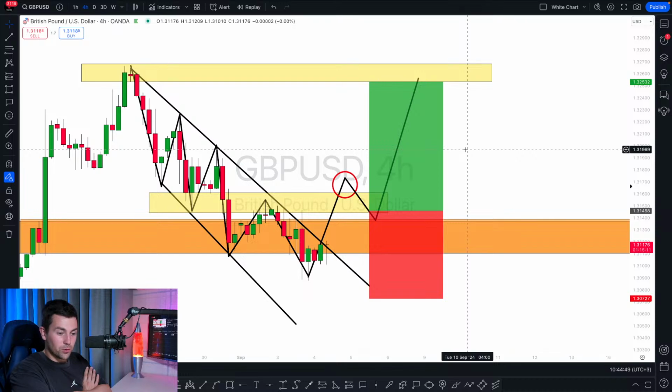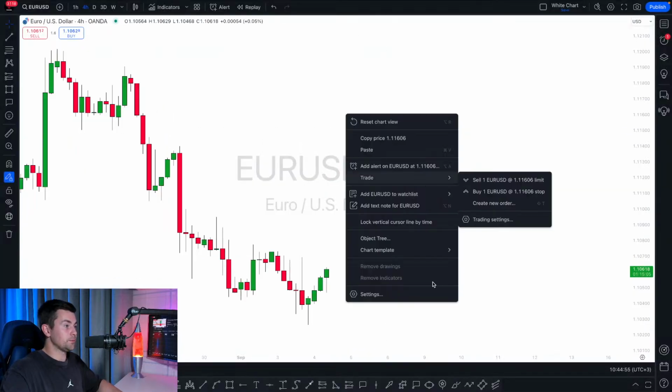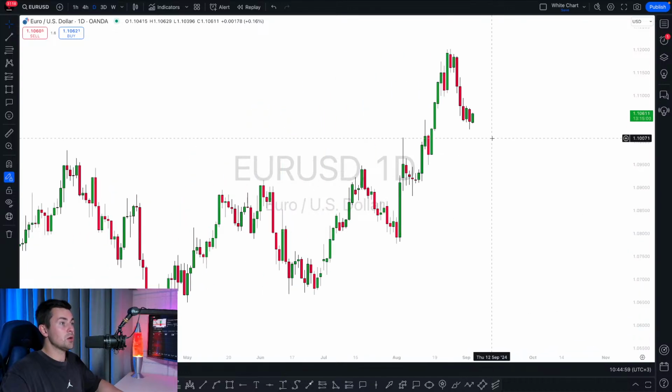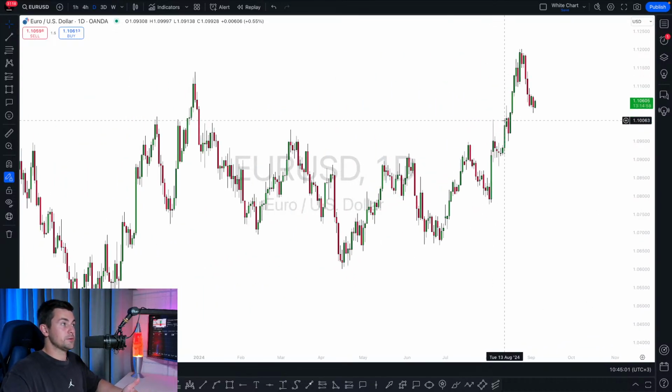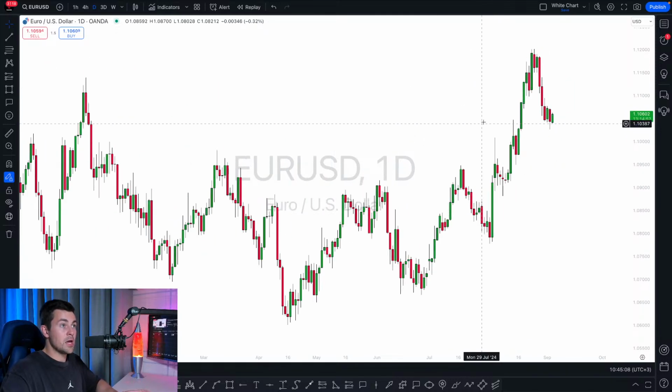Now let's check euro dollar. It's a question about euro dollar, and then we will check silver. Let's analyze the euro dollar pair and discuss. The situation on the euro dollar pair is very similar to the situation on the pound dollar pair. We see a clear bullish trend. We have recently updated the high. We set a new higher high, higher close, and then